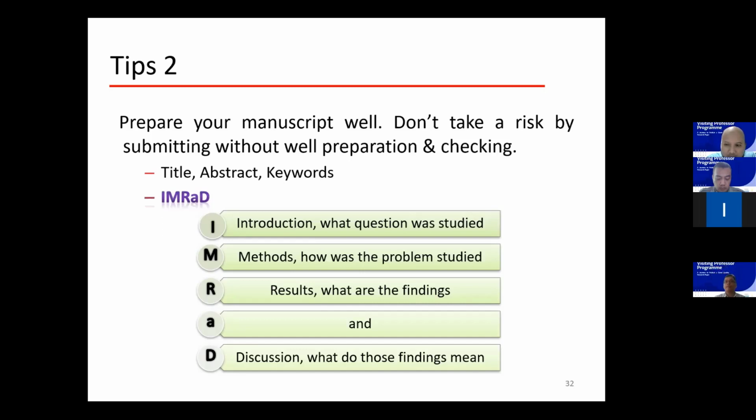Because usually if you put a lot of effort and then you compare your work with others' work in that journal, you can judge yourself whether it is fit or not, or whether the chances are high or not to be accepted. Because I have experience where usually when my students submitted, I will check, but I don't check the details, because I want them to learn the process. Because if I do everything, they will not learn.